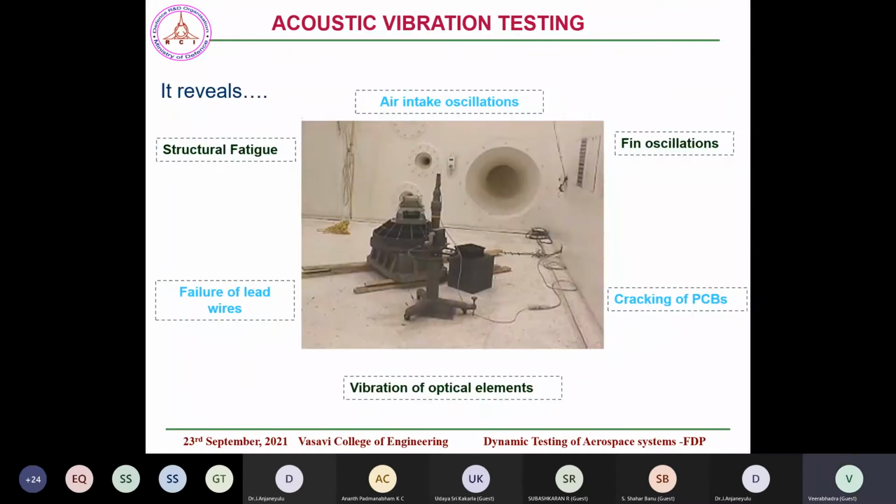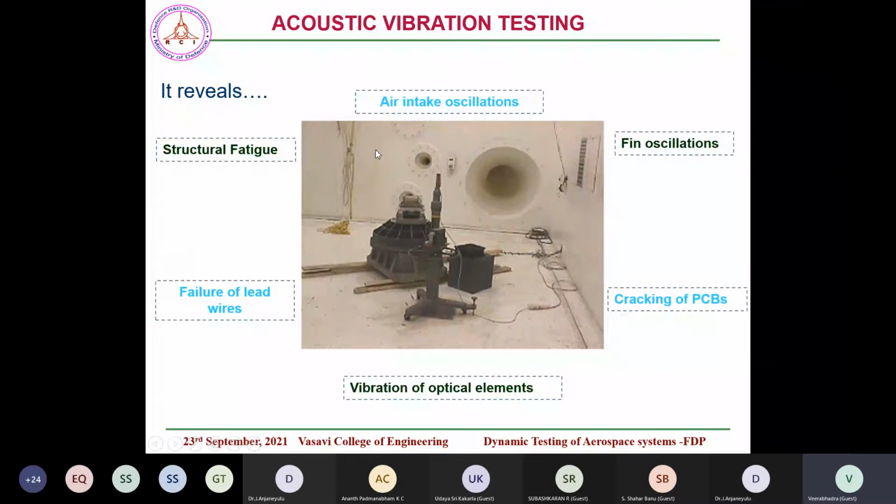We have acoustic vibration testing chambers. This is all aerospace. They get acoustic levels of 20 dB and above. They go as high as 160 dB. A typical man cannot withstand 120 dB even for 1 minute, but these systems like PCBs and connectors have to withstand 160 dB, 170. We have what we call a vibration chamber. We are able to simulate up to 160 dB.